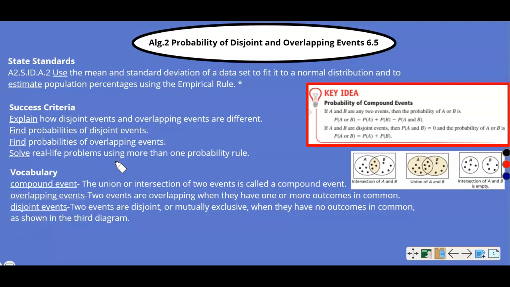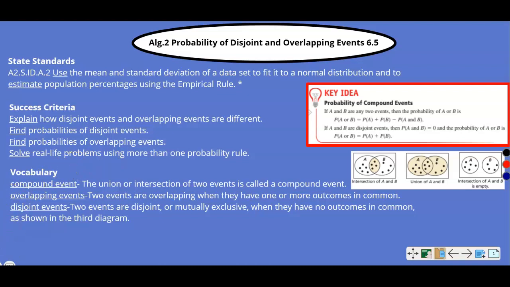New vocab that you need to know: compound event. The union or intersection of two events is called a compound event. Overlapping events. Two events are overlapping when they have one or more outcomes in common. A disjoint event. Two events are disjoint or mutually exclusive when they have no outcomes in common, as shown in